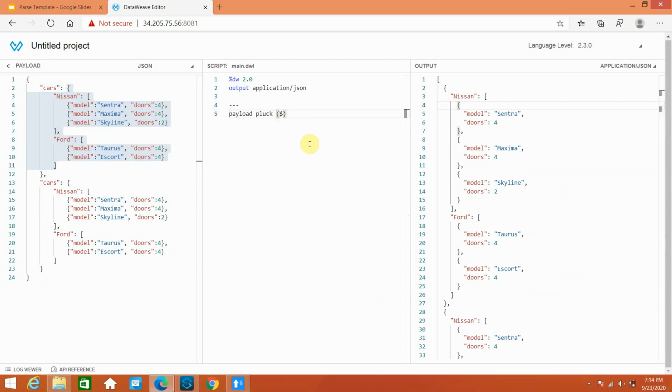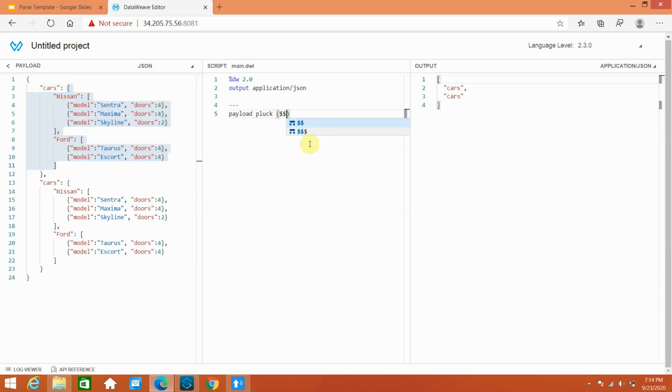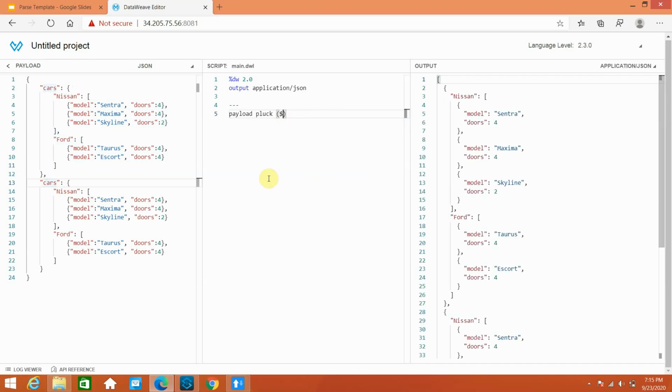If I say double dollar, you will see the key, cars. If I use the triple dollar, it will give the index, so 0 and 1, this is the index. But I want to read only the value. You got it? We are going to use the same thing while reading the attachment.